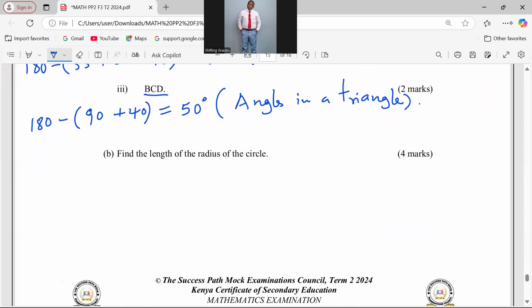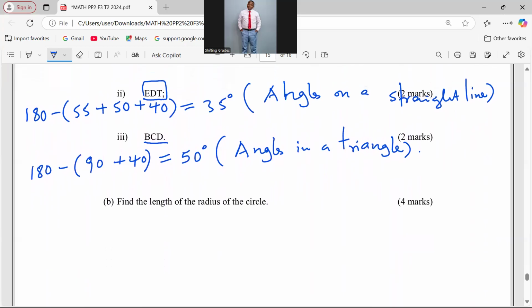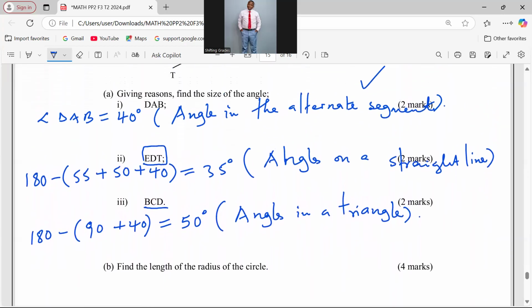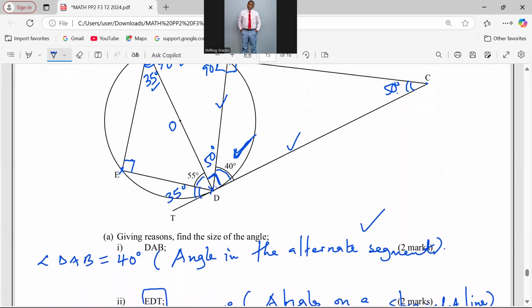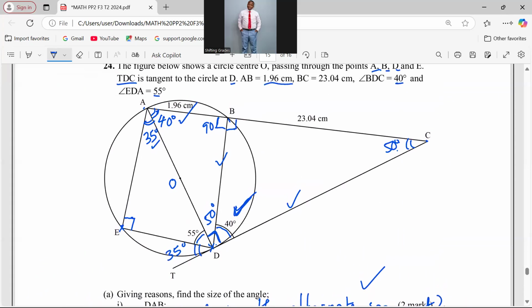We can look at part B now. Find the length of the radius of the circle. Now the length of the radius of this circle can be found using several approaches. Allow me to give two approaches for now, whereby we will say the length of AB is known. Then the triangle ABD is right angled at B, which means we can apply trigonometry in